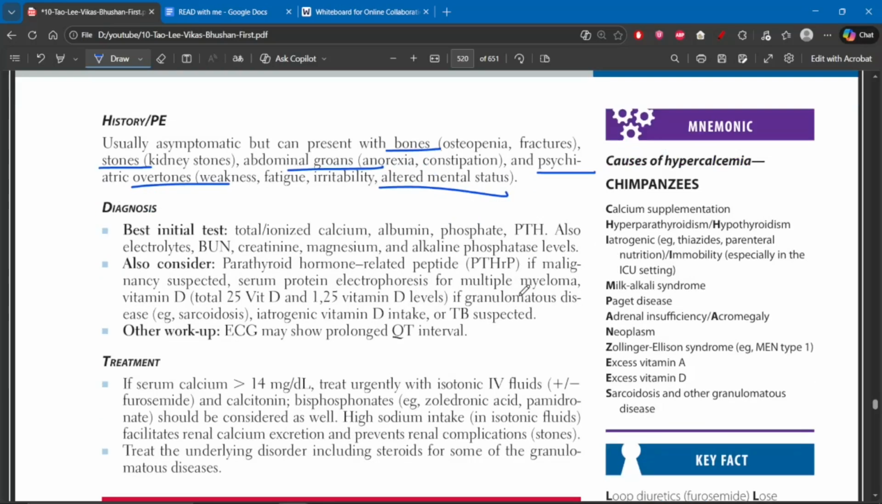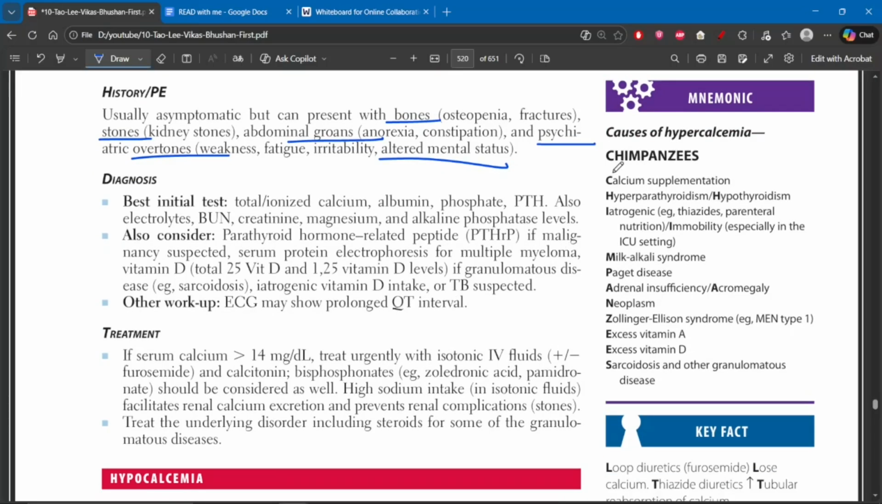So now I'm going to explain the causes of hypercalcemia, which they have summarized over here with the mnemonic of chimpanzees. So if you want, you can use this as well. But these are the different causes. So calcium supplementation, hyperparathyroidism, hypothyroidism, iatrogenic, which includes thiazides, and parenteral nutrition and immobility as well, especially in the ICU setting. Milk alkali syndrome, Paget disease, adrenal insufficiency, acromegaly, neoplasm, Zollinger-Ellison syndrome, excess vitamin A, excess vitamin D, sarcoidosis, and